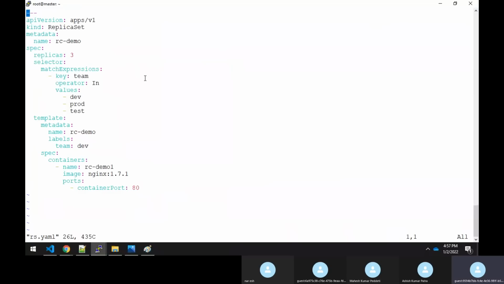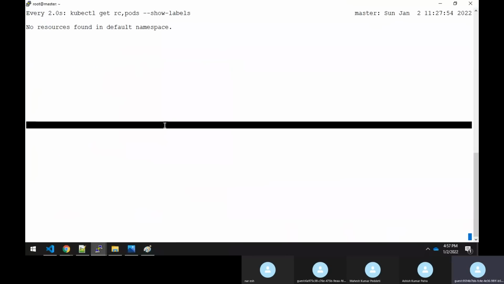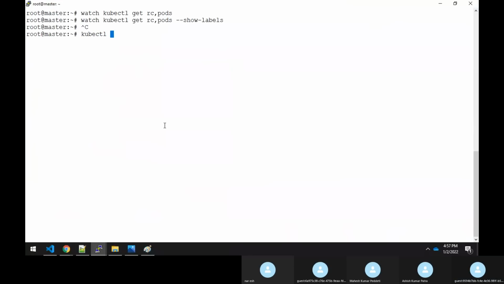Now you can see this is a replica set example, how to implement a replica set. The API version here is apps/v1. All these days we were saying v1, but the replica set is of apps/v1. If you want to check it, you can say kubectl explain replicaset and press enter.